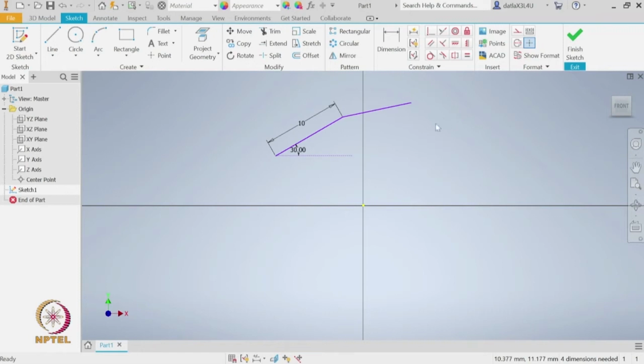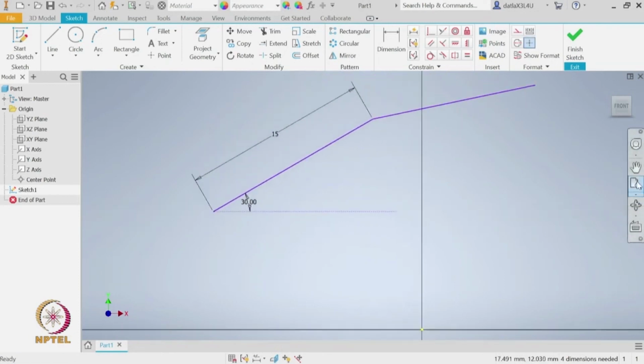Fine. So, now we have seen how to create straight lines and how to change the dimensions. So, let us say previously we have given the dimension of straight line as 10. Now let us say I want to change the dimension to some other value. So, I just need to click on that dimension 10, double click, and then change the value. Let us say the value I want is now is 15. I can click OK or the green tick here. So, let us fit zoom all,